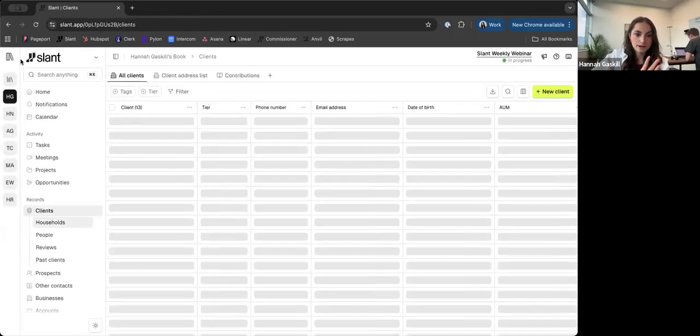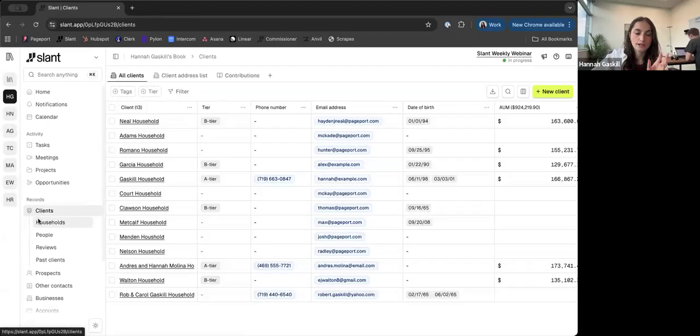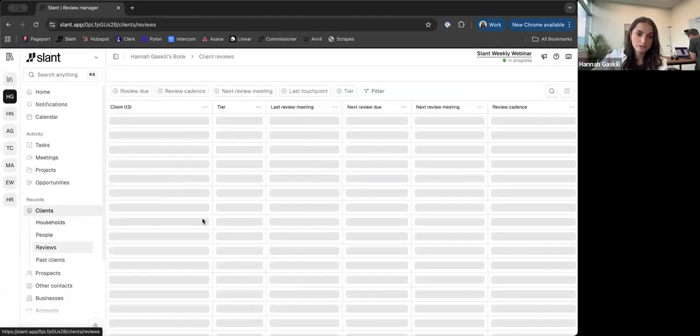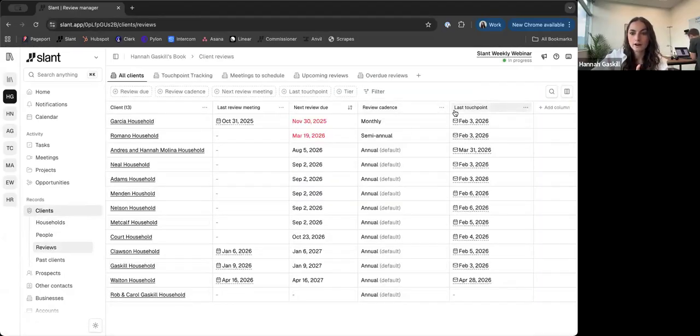And this will kind of set up the backbone for settings for the client reviews. So as a reminder, if you go under clients and reviews, you'll have a table where